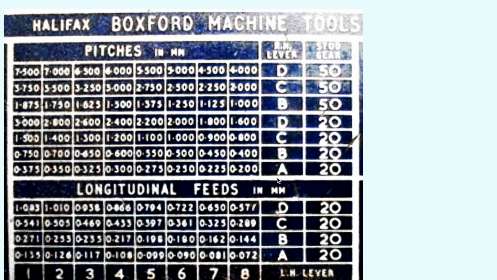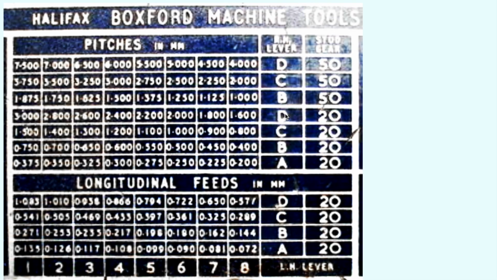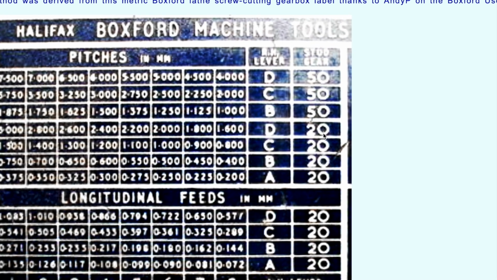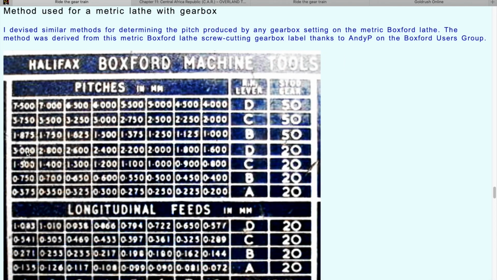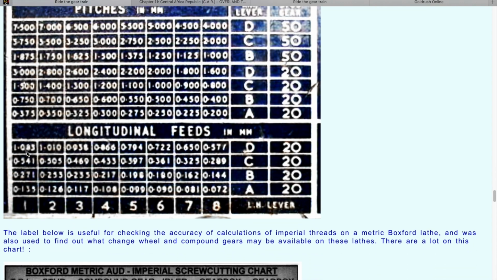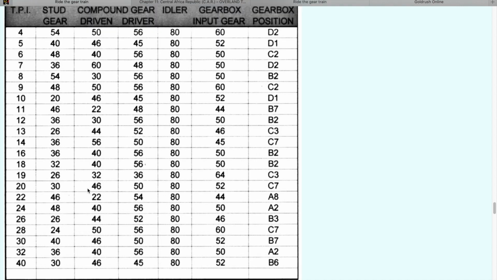And here's the plaque that's off the side of the gearbox on a metric lathe. This has a lead screw of 3 millimeters pitch, and here in the middle of the left hand side you can see there's a particular setting that gives you 3 millimeters pitch. It's 1 on the numbered lever and D on the right hand lever, what I call the letter lever. And it's using a stud gear of 20 teeth. By putting all that together, you can calculate the primary ratio that you need for these calculations. Doing metric threads on an imperial lathe, there's a huge number of different size gears they're using here,